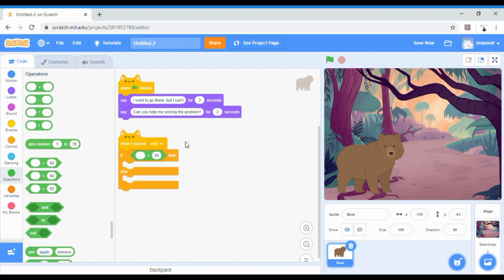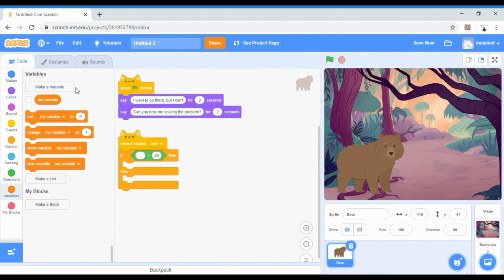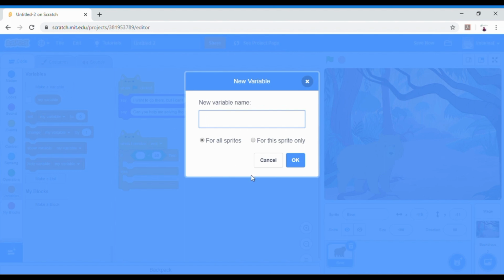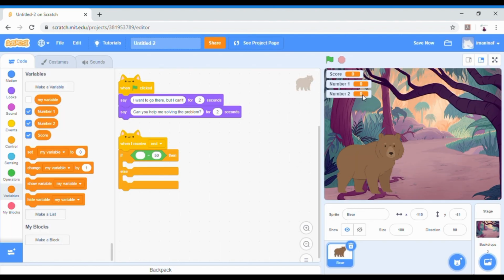Because the determination of the response is the score, click Variables. We need 3 variables, so click Make a Variable and make variable score, variable number 1, and variable number 2. Since we only want to show the score on the screen, don't forget to uncheck variable number 1 and variable number 2. Drag the variable score into this and determine the highest score that we want to get, for example